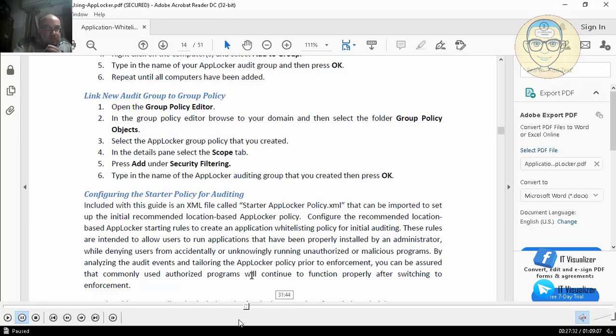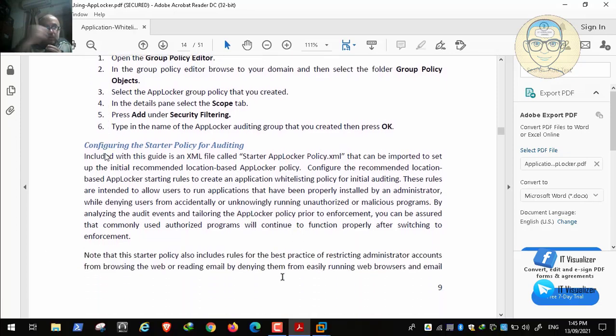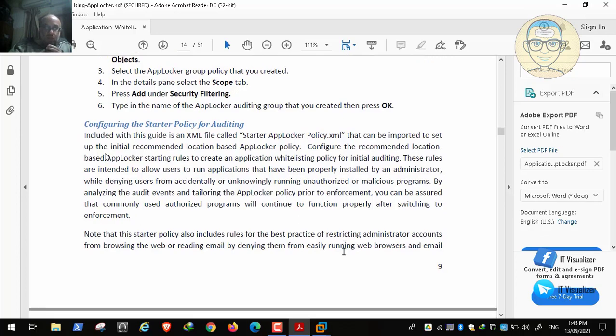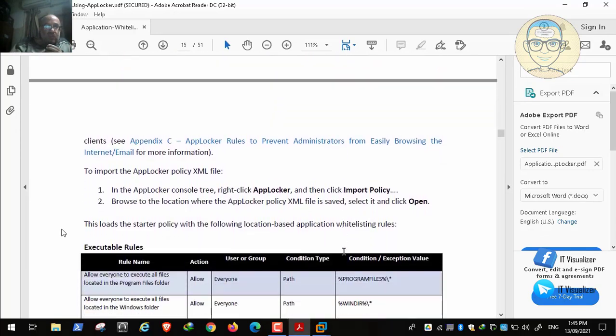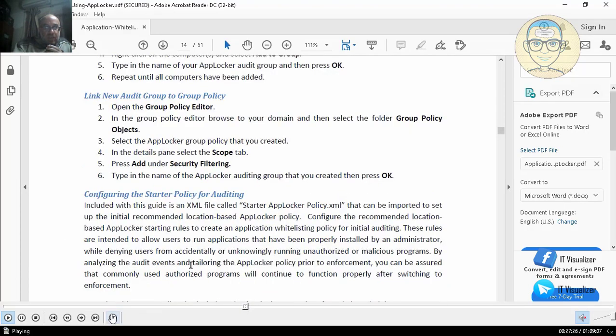Let's see. We will import this group policy and see how it is configured. We will test it one by one. First of all, we will import a group policy. And he's saying here also some rules. Let me go back. Here it is saying that